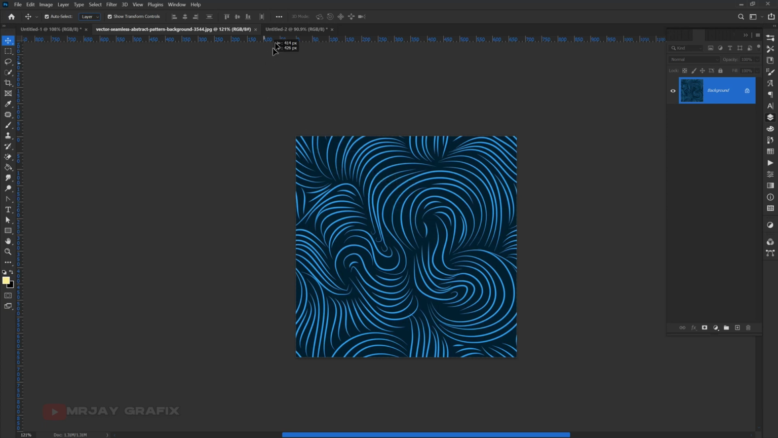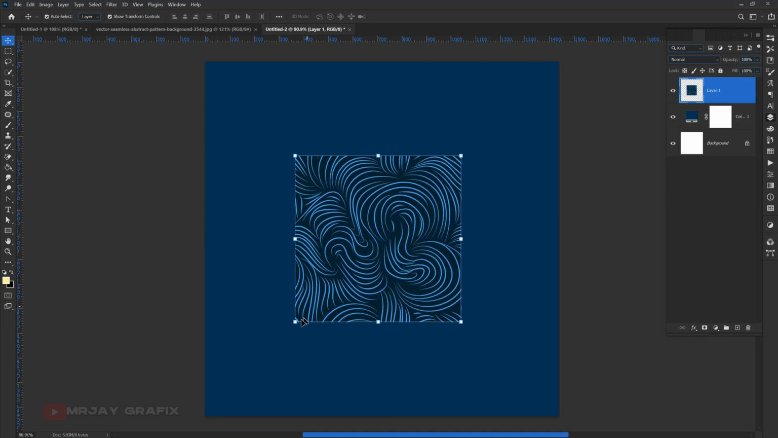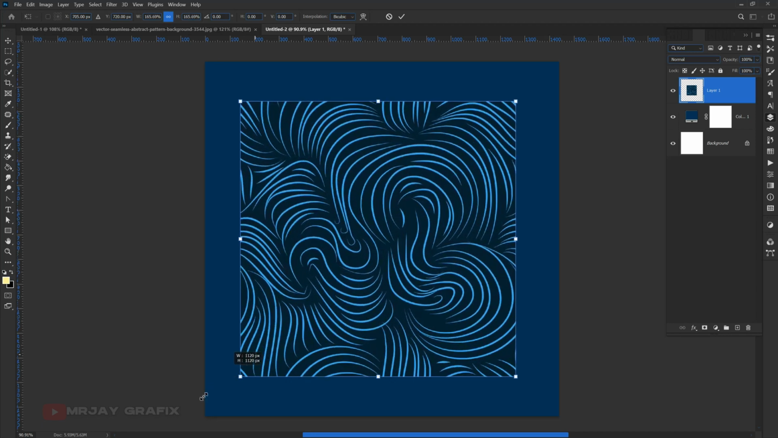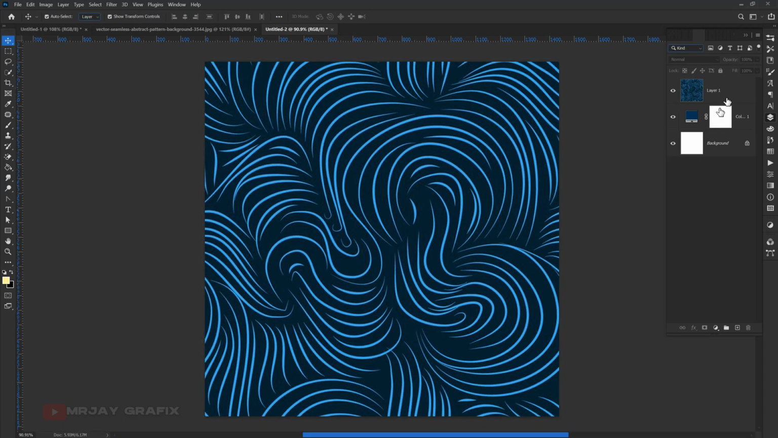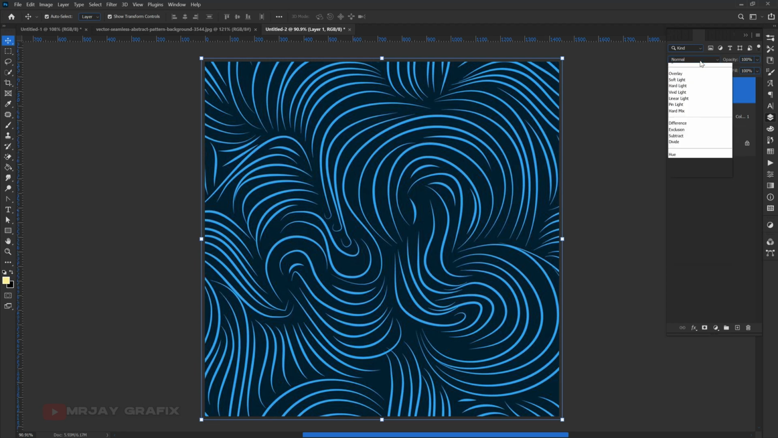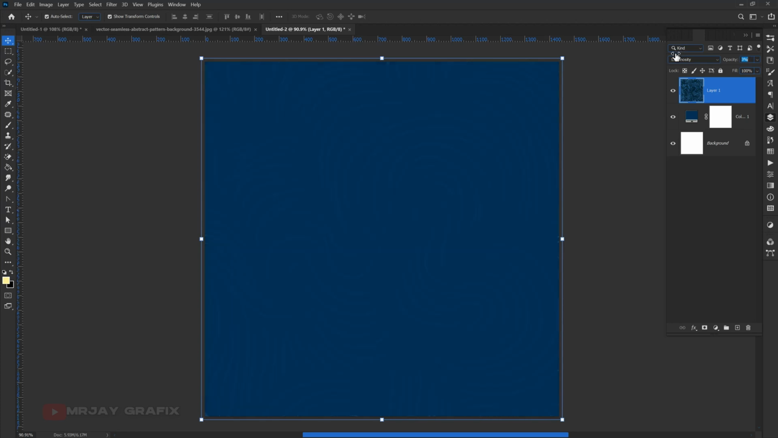After that, I'm going to bring this abstract pattern, so I'm going to drag that inside here, and I'm going to scale it to fill in the background. After doing this, I'm going to select the abstract background, and I'm going to change the blend mode here to luminosity, and then I'm going to decrease the opacity. I think 3% is okay for me,